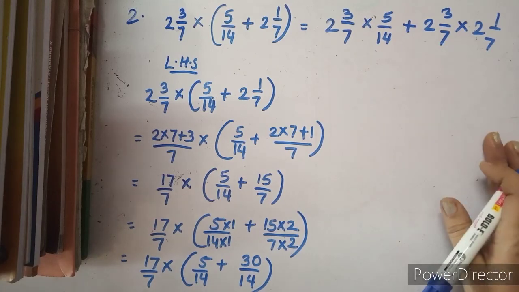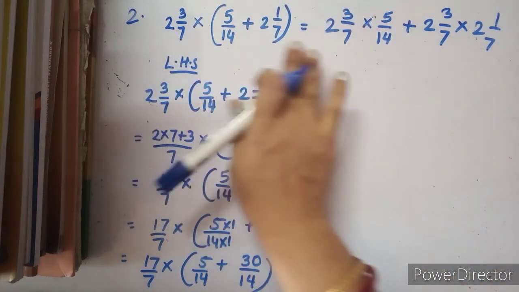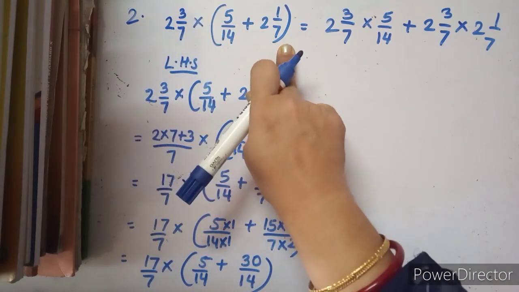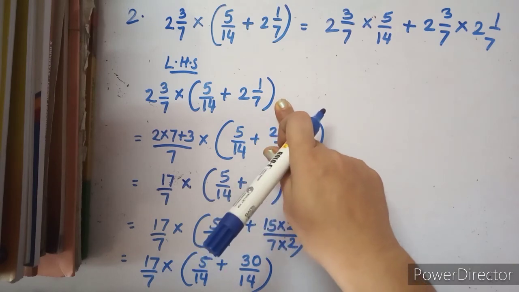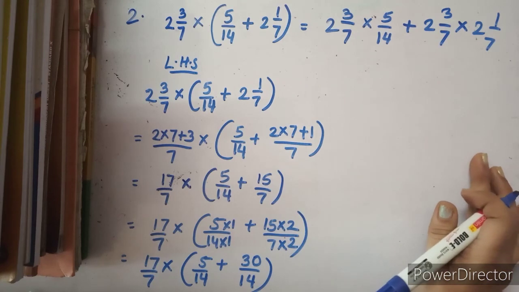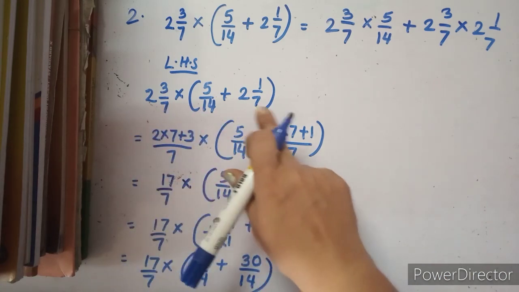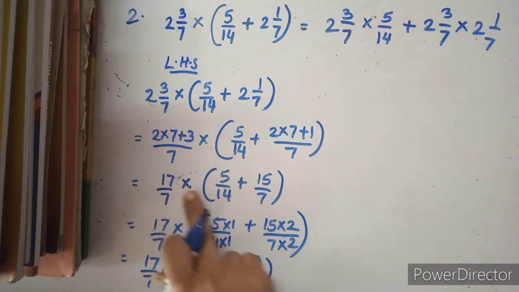Now for this sum you need to first take the left hand side. आपको पहले लेफ्ट हैंड साइड लेना है. तो देखिए मैंने यहाँ पे लेफ्ट हैंड साइड कहाँ तक आता है, इक्वल टू के पहले तक. तो देखिए मैंने वो ले लिया है और देन आई हैव स्टार्टेड सॉल्विंग. सो फॉर सॉल्विंग वी नीड टू फर्स्ट change the mixed fraction into the improper fraction. So I have tried to change this. सो देख लीजिए मैंने चेंज कर दिया है.